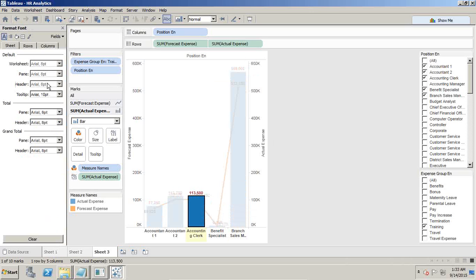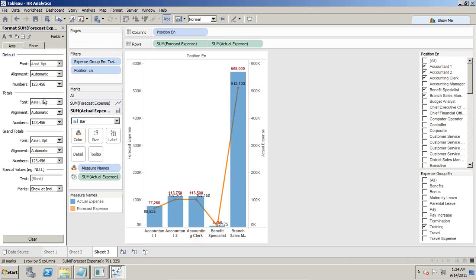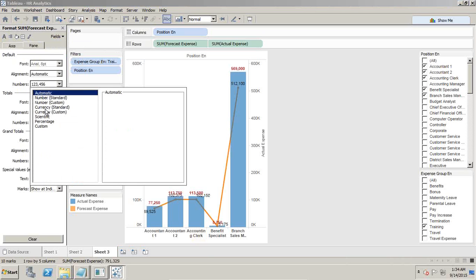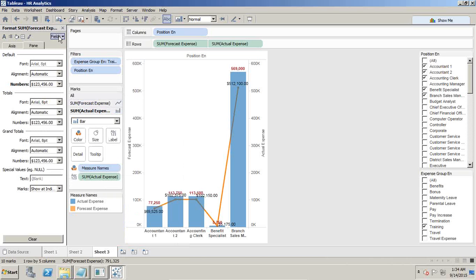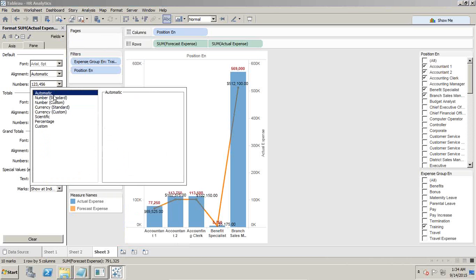Because they are currencies, I change the data type. My forecast expenses is a currency, so I change the number type to currency, and you can define the currency symbol as well. You can also apply currency for actual and forecast, both of them being currency type. Select a standard currency.